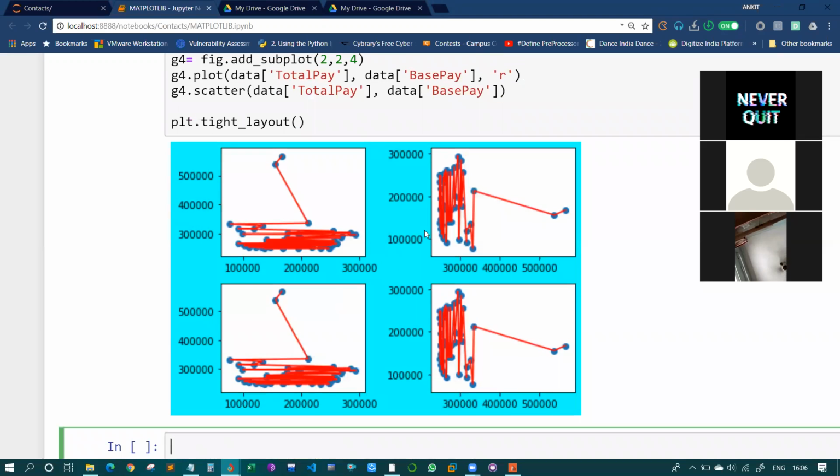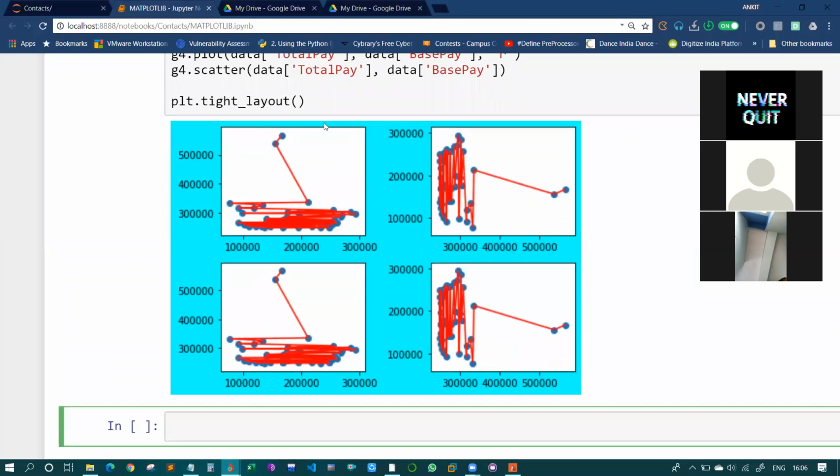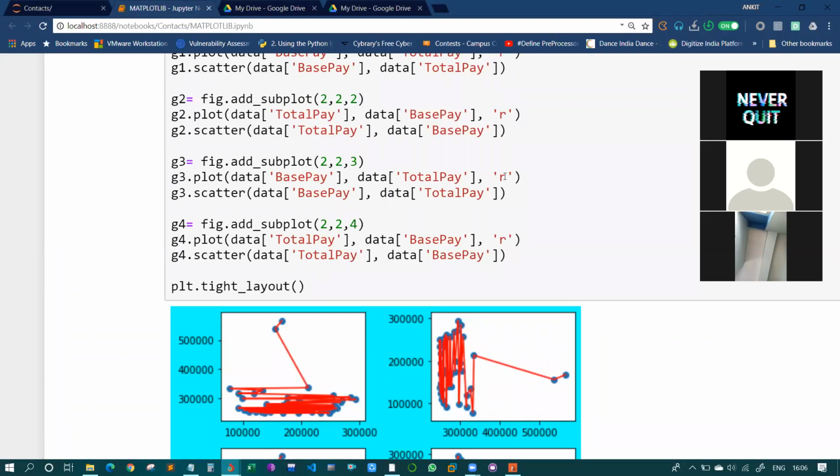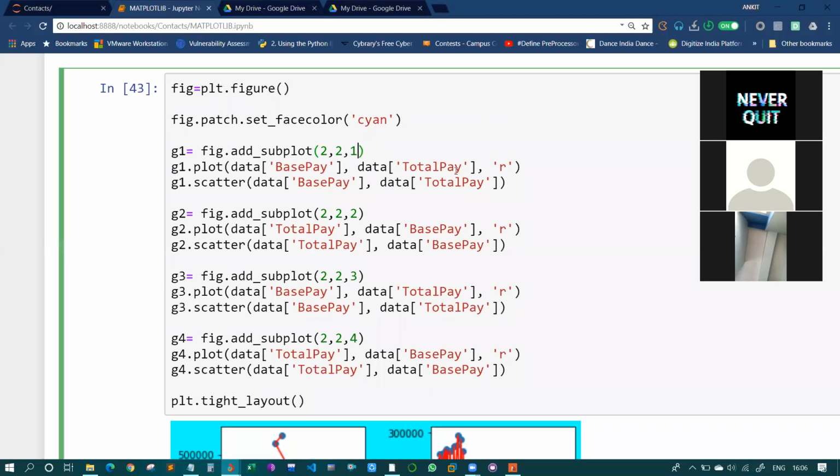As I told you, this will only cover the background, not the background of these subplots, but of the main canvas. If you want to color the background of these 4 graphs, you can do it by just mentioning 1 line where you have created the subplots, after that facecolor equals, let's say I am adding one as pink, facecolor, one as orange.